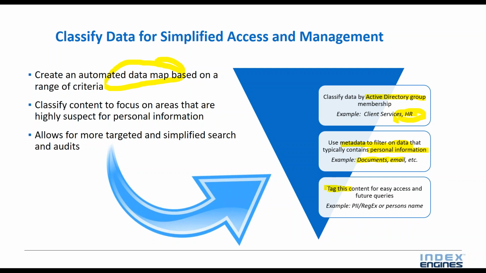We have tagging built into the system, that content for easy access. So by tagging that universe of data, or that bucket of data, which could be dynamically rebuilt and dynamically managed and monitored, you can do full content search on that to look for things like PII or people's names or any kind of keyword search or regular expression search to find sensitive data, for example. One example of how you can use classification is to take a large problem that's a petabyte class problem and take it down to maybe hundreds of terabytes, which is easily managed.